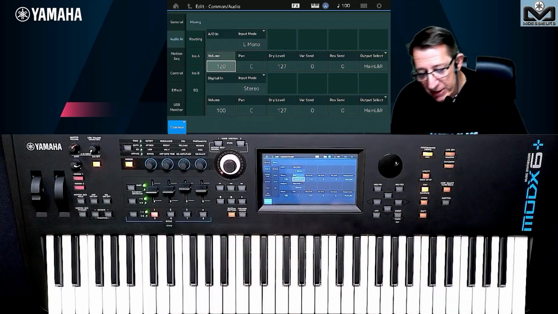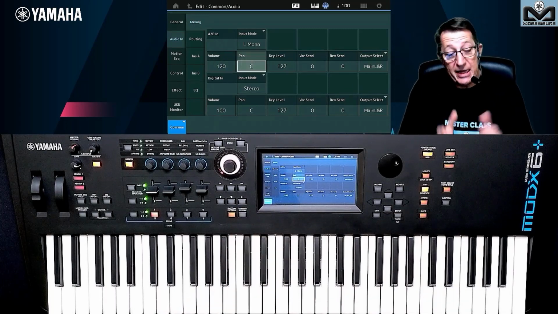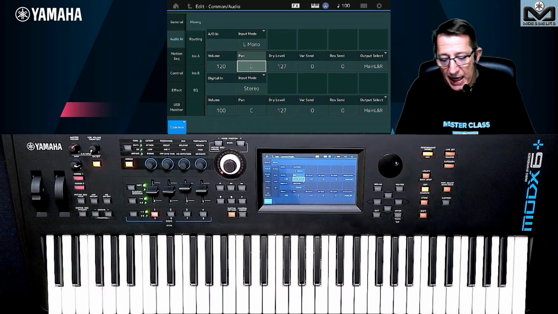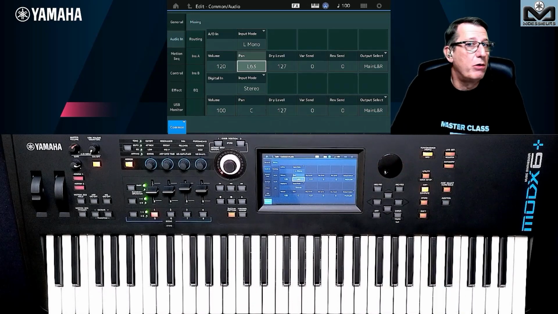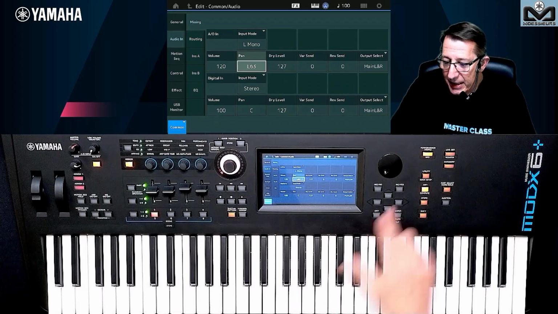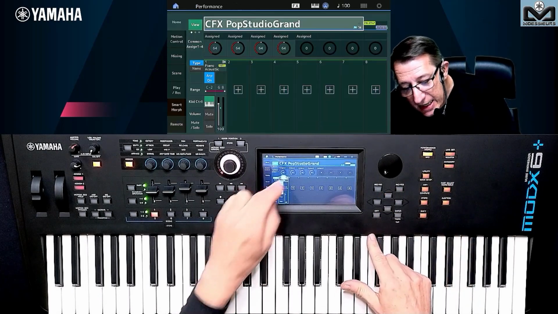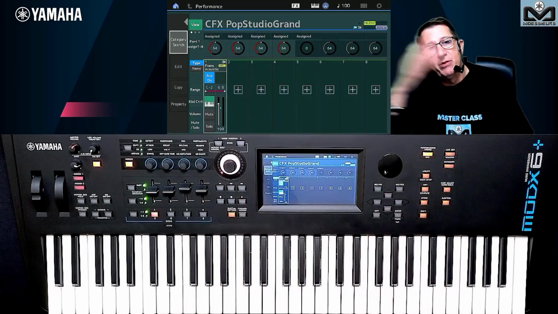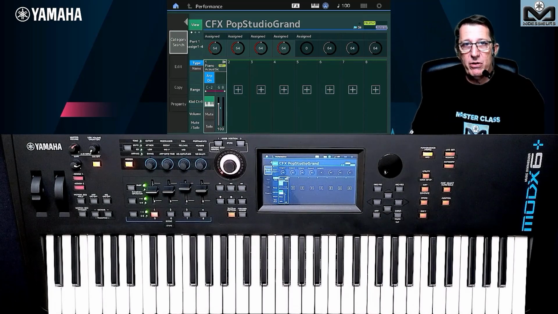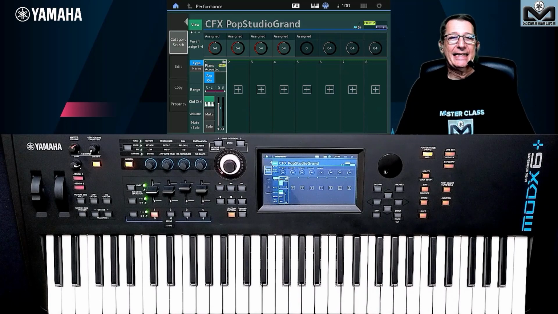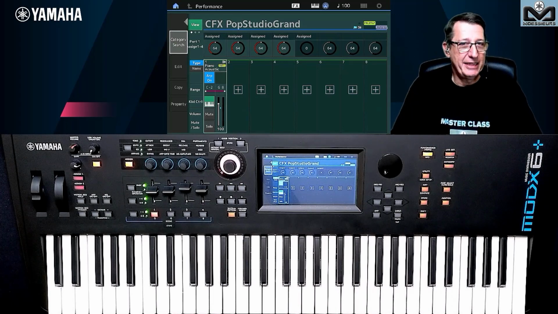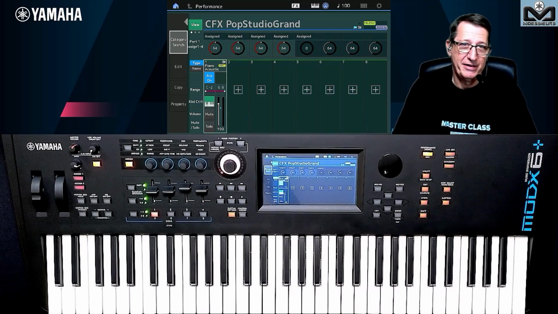I see some people sometimes say, okay, since there is no assignable output, I put the microphone fully on the left or on the right, as you want. And for all the parts, I go to the pan and I edit always on the right. Like this, I have one way for the mixer, for the microphone, one way for the parts. You think this is a good trick for a sound engineer on stage?